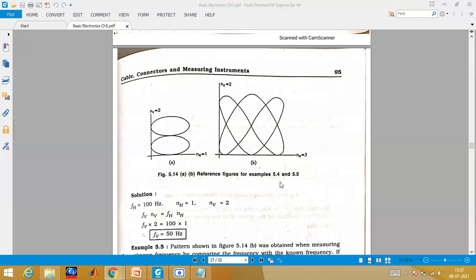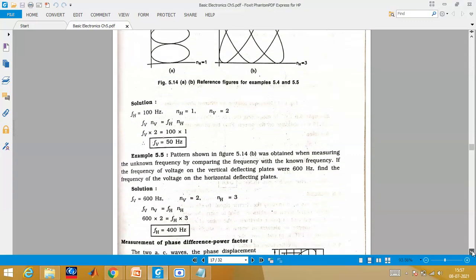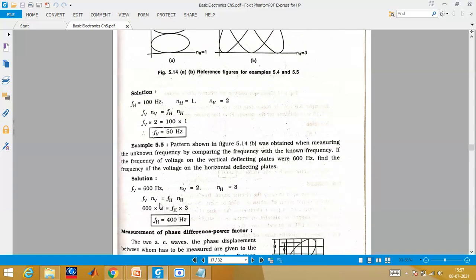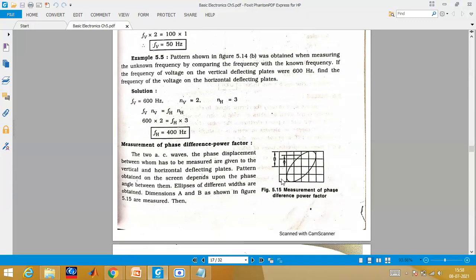Okay, people can give you such questions also. If a chance is given to me again, I will be preparing questions definitely from this area. This is one of the favorite areas from where you can prepare objective questions. Okay, similarly for this pattern also they have asked you. So if you see here, NH is equal to 3 and NV is equal to 2. Now just substitute the FV value they have given. See, it's so easy, just substitute it, you will get the answer. Is that clear to everyone? I hope it is clear.